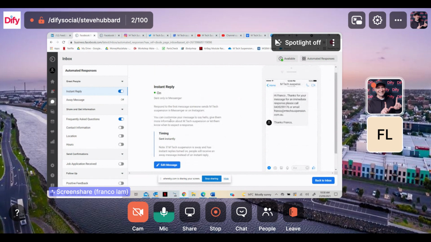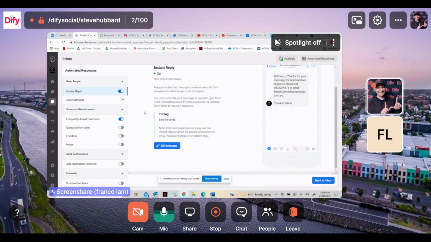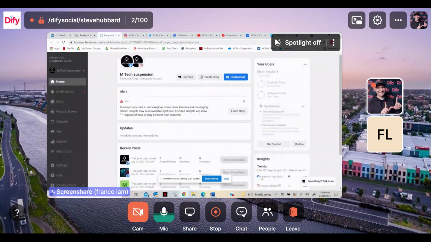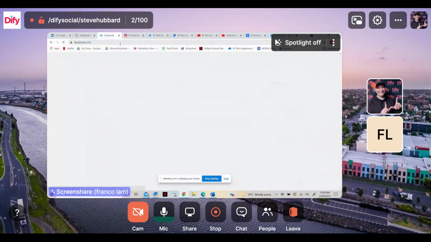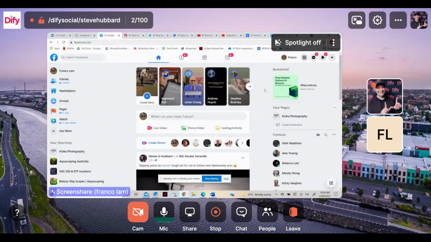But it's taken us out into the business manager again. So maybe on the right hand side, on the tab on the right of this one, in between, just up there, just type in Facebook in the URL and it should... Oh, actually, there's no shortcut yet, but so now if you go search Facebook,